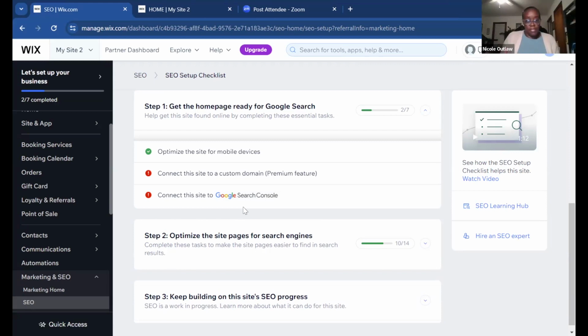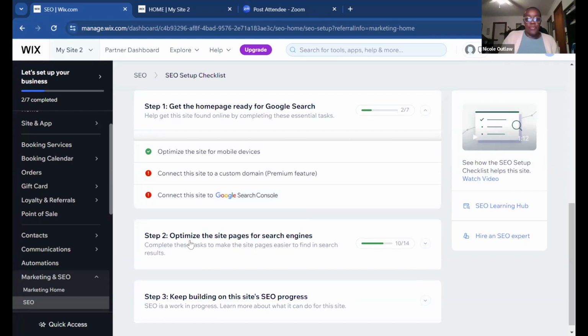The steps are going to prompt you every step of the way, like what you need to do next to keep building, and it lets you know what you're doing as you go along. And when you're connecting the site to Google Search Console, that's going to be another added measure so that your search engine optimization is